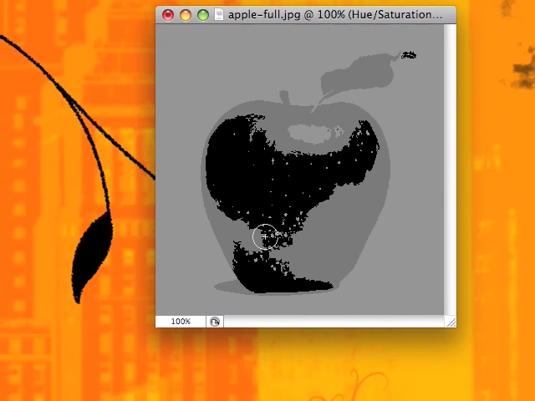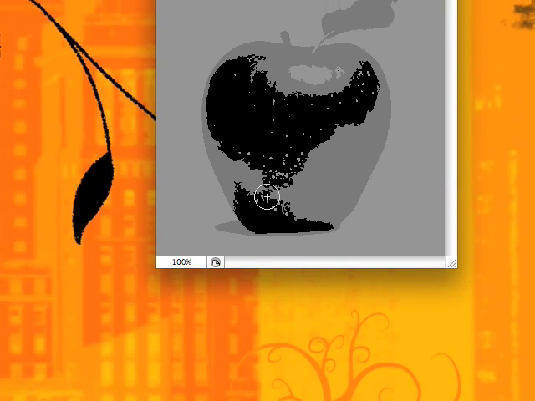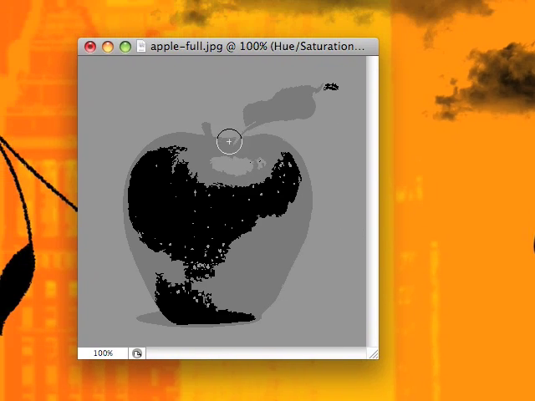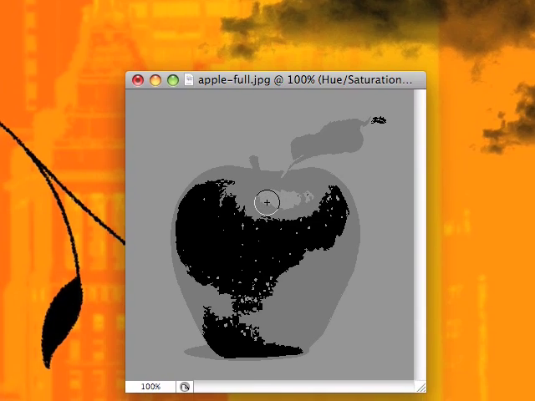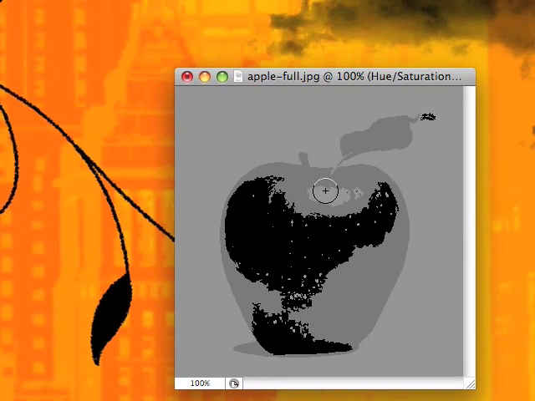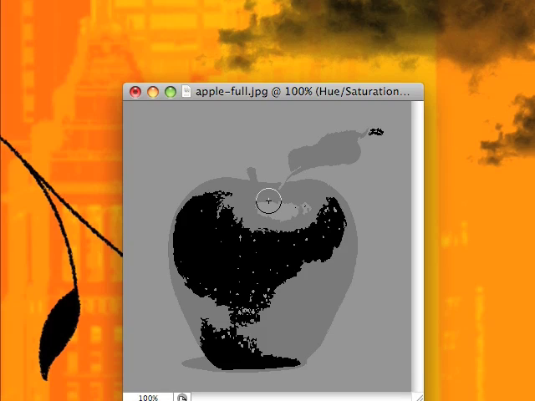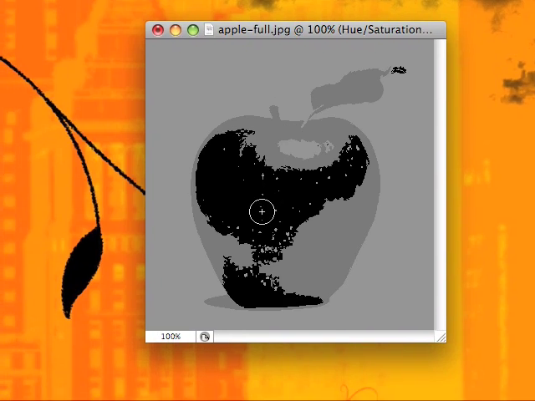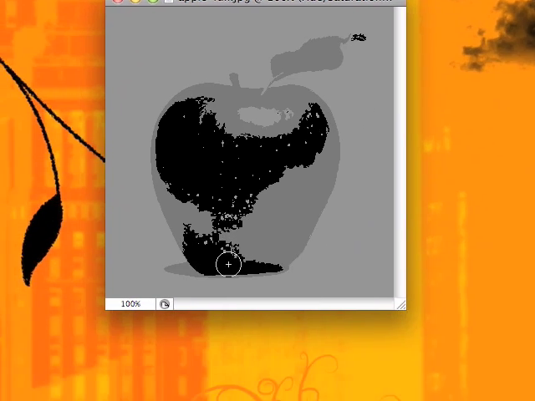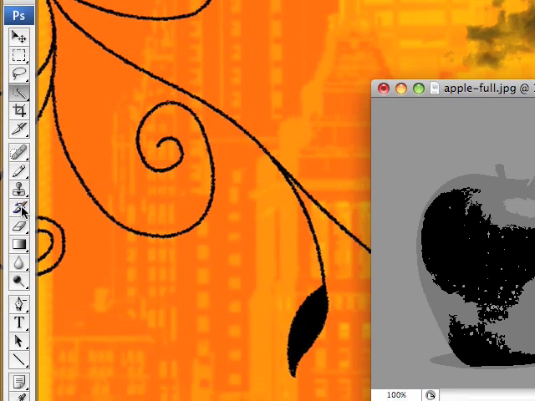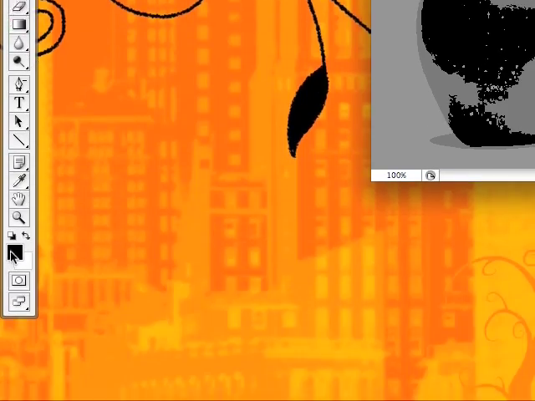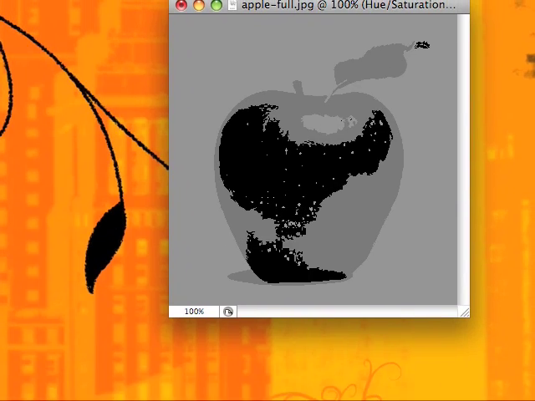Now you can't leave any islands that are detached, like this here cannot be detached from this light grey here, so you must find a way of attaching that. So obviously you can get the exact same colour using the eyedropper tool and connect it via the brush to the outside, which will help you when you're trying to cut it out. Whereas the black's okay because there's nothing out about it other than this, but that doesn't matter, that it needs to be connected to. So for example, if you wanted to change this, just change this to brush tool, make sure you get the colour you want to change selected,